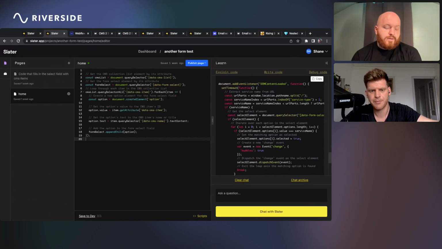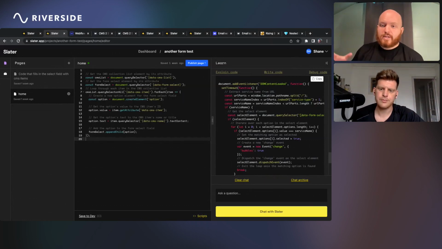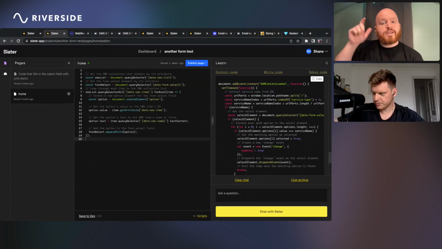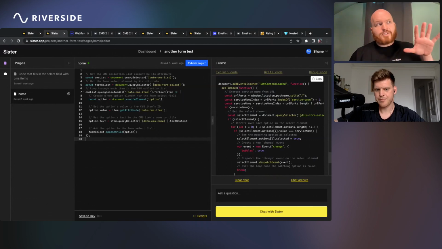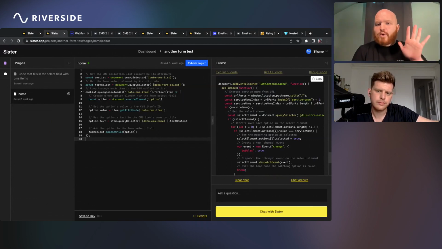Yeah, here's what I would do. I would probably, hmm, what are you trying to match, I guess is the question. Are you trying to match a service name or some sort of piece of data? Can we pull data from the slug to then embed into this form? Would that help?